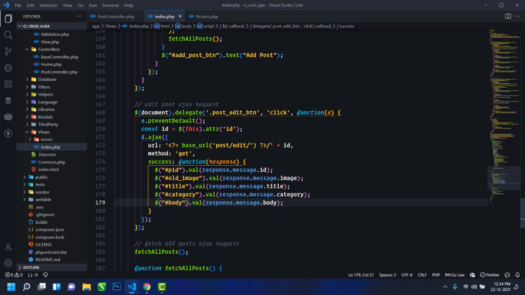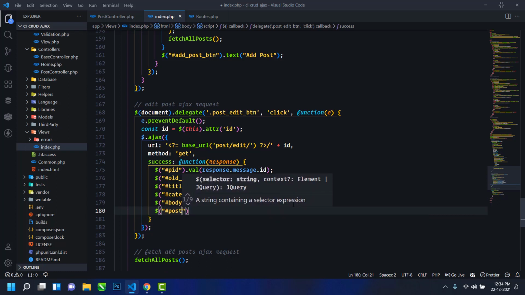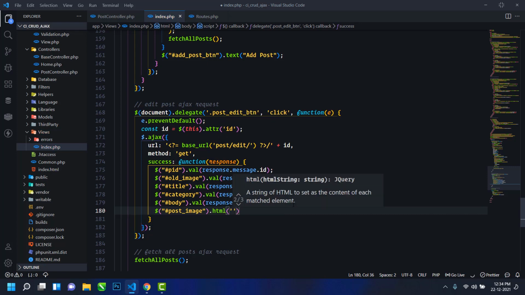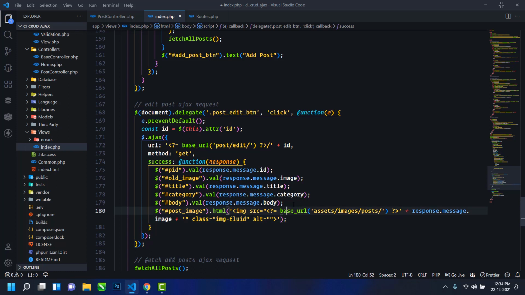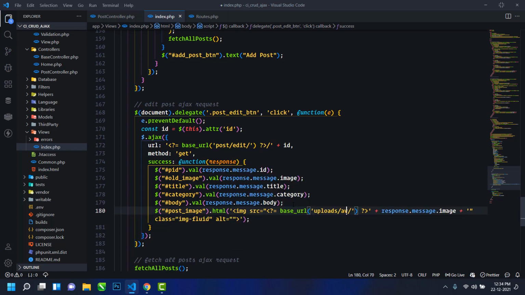For this, I will use post_image.html, and inside this I will use an img tag, and here in base URL I will write uploads/avatar/ and then response.message.image.